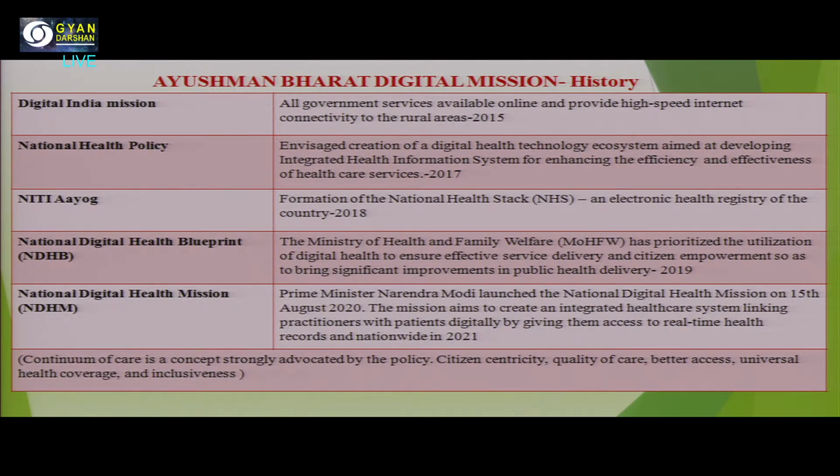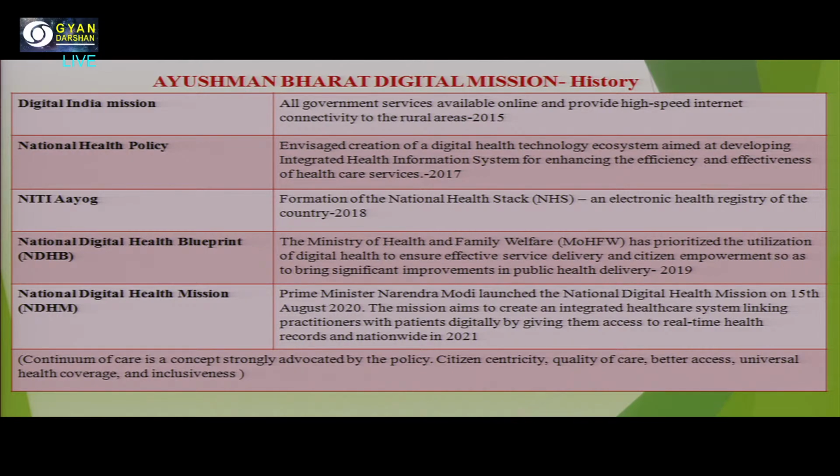अब इसके बारे में थोड़ी सी हिस्ट्री पढ़ते हैं क्योंकि ये बहुत बड़ा मिशन है इंडिया का और बहुत रिसेंटली लॉन्च हुआ है और हेल्थ इंफॉर्मेशन सिस्टम और हेल्थ डेटा से डायरेक्टली इसका मेल है। डिजिटल इंडिया मिशन 2015 में आया था जिसमें सारे हेल्थ केयर प्रोग्राम्स को डिजिटलाइज किया गया था, चाहे वो एग्रीकल्चर हो, एजुकेशन हो, बैंकिंग हो, टूरिज़्म हो, सब में एक तरीके से इंडिया ने डिजिटलाइजेशन की एक शुरुआत की थी और इसमें हेल्थ भी जुड़ा हुआ था और वहाँ से हमारा नेशनल डिजिटल हेल्थ मिशन की शुरुआत हुई।